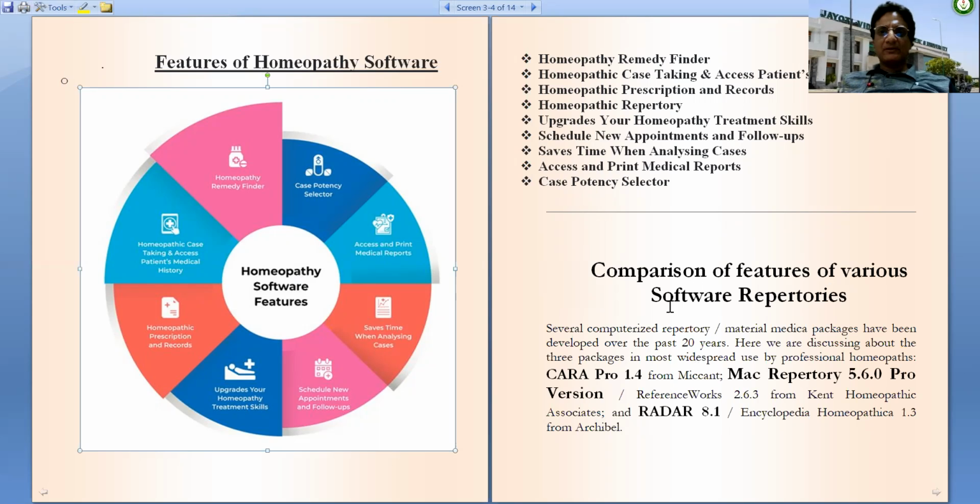We were comparing various features of the various software repertories available. The common softwares for the purpose of comparison are Kara, MacRepertory, Radar.